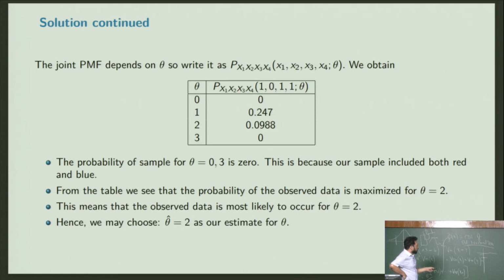So hence we choose theta hat, which is the estimator. When it's an estimator we call it hat, okay, theta hat equals 2 as our estimate for theta. So this process, this observation with a bag and blue and red balls, the way it is distributed, it behaves like Bernoulli 2/3. Okay, so what this means now is that this can simulate what was in the bag. That's what we want to do in generative modeling, right? Now I can sample from here. I can sample from this distribution, and it will behave like the bag with these red balls.